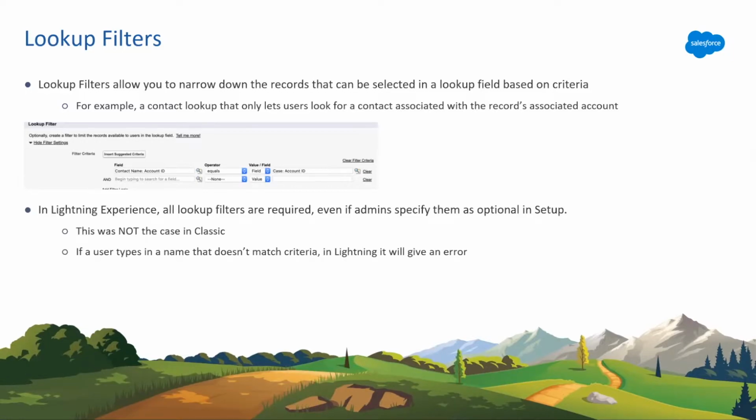Okay. Just so you guys know, that is not the case necessarily in Classic. In Lightning Experience, you specify them as optional or not, which is an option when you're creating this. And in Classic, if you marked it as optional, they could actually bypass that. If you typed in Bob Smith with ABC Companies, it would accept it. That is not the case in Lightning, which is, I think, what they're testing on now. In Lightning, if you try to type in Bob Smith with ABC Companies, but the case has XYZ Companies as the account associated with the case, it will not let you save it, even though you've marked it as optional.